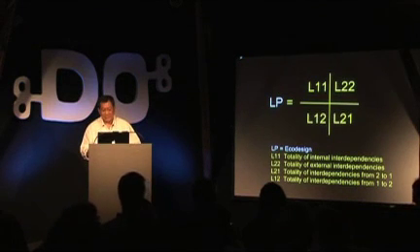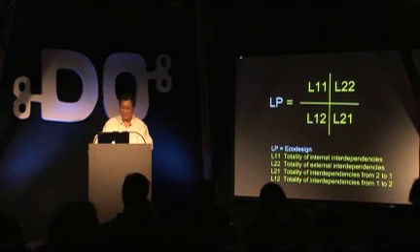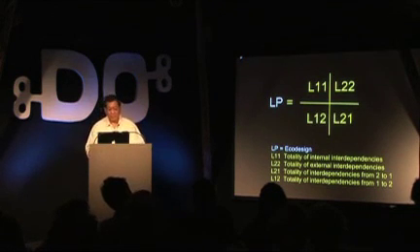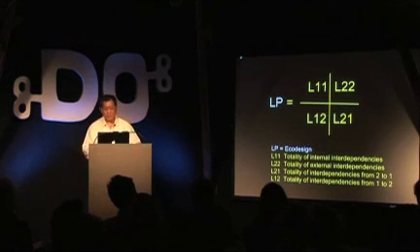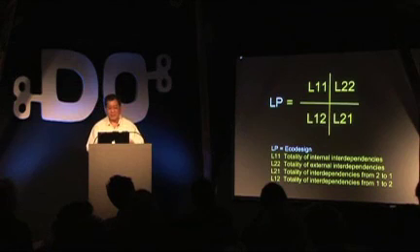So this is what mathematicians call a partition matrix. If you look at everything that happens inside the building as L11, and everything that happens outside the building as L22, and the inputs from the outside to the inside as L12, and the outputs as L21, then LP is what ecodesign is about, which is the simultaneous consideration of these four sets of interactions. Because you cannot change one without changing the other.